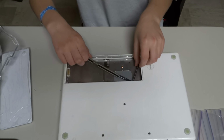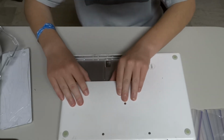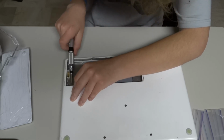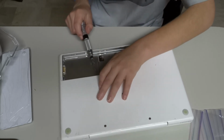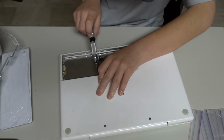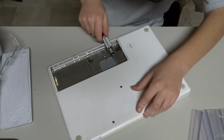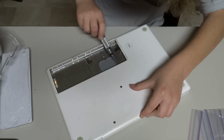Now we just put in the bezel. And it might be a little difficult. Just gotta secure one. And usually with screws, if you secure one, then you're able to secure them all. Drive them halfway, and then drive